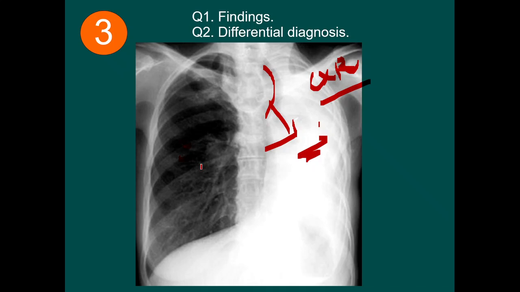Then the question over here is, what is the finding? What are the differential diagnoses? The examiner might ask you to read out the X-ray. The follow-up question might be how to see the positioning of the X-ray, how to say whether adequate penetration is there or not, when to say cardiomegaly. These kinds of usual questions might be expected.